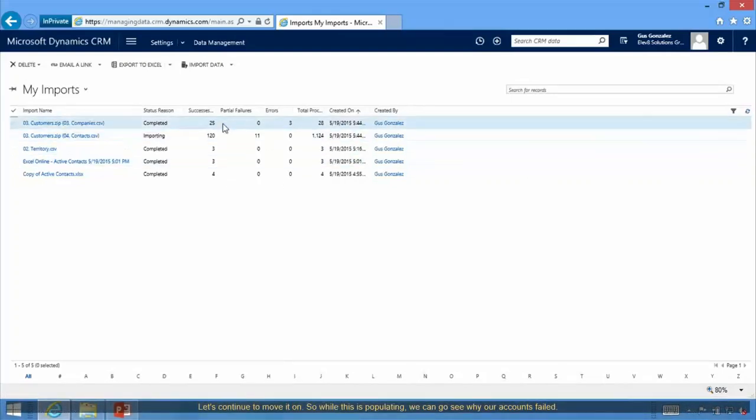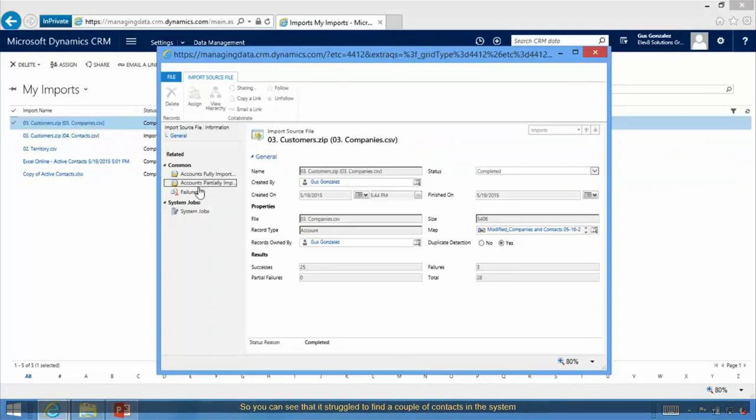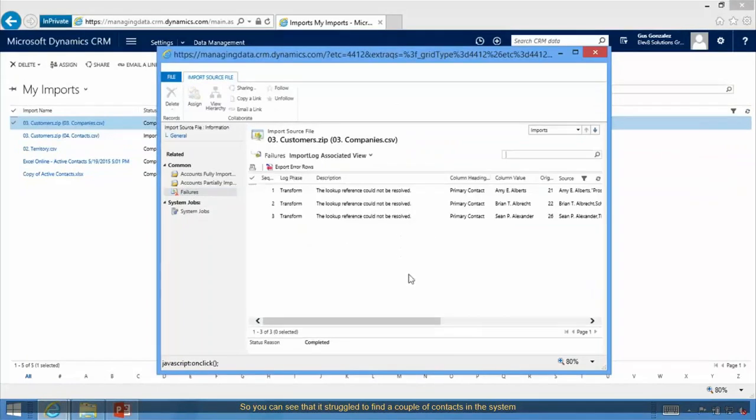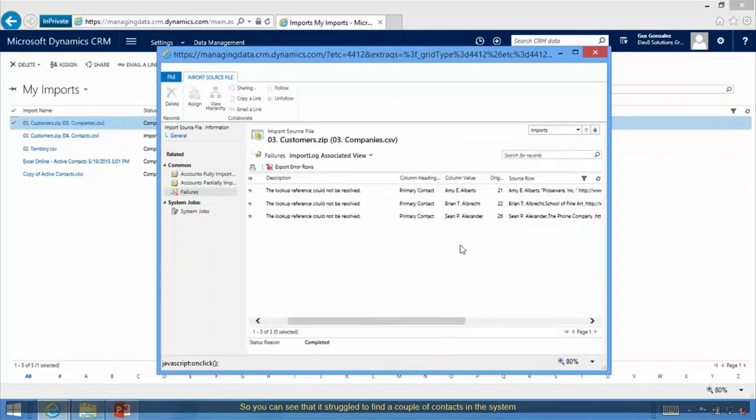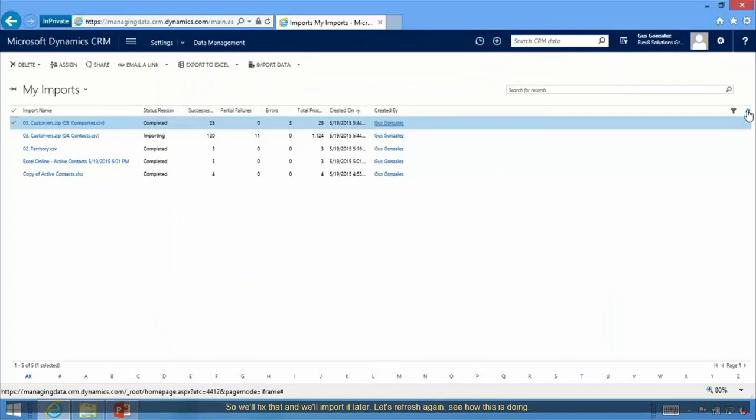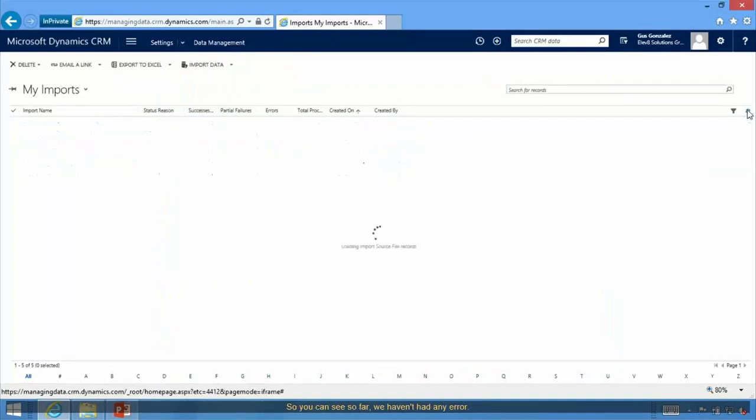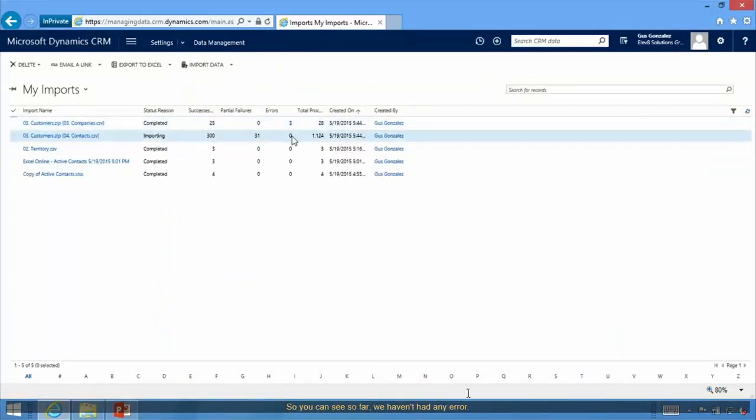While this is populating, we can go see why our accounts failed. You can see that it struggled to find a couple of contacts in the system. I believe that it's because of that middle initial. It is referencing a middle initial, but the middle initial is not part of the full name in CRM. So we'll fix that and we'll import it later. Let's refresh again, see how this is doing. So you can see so far we haven't had any error